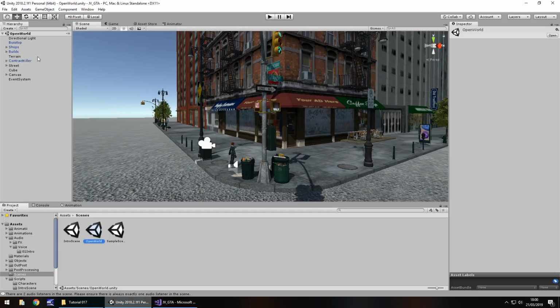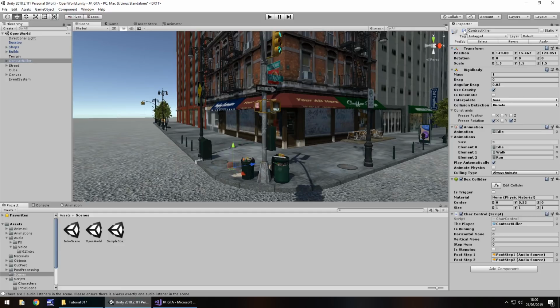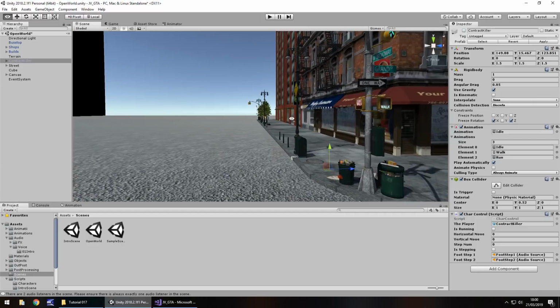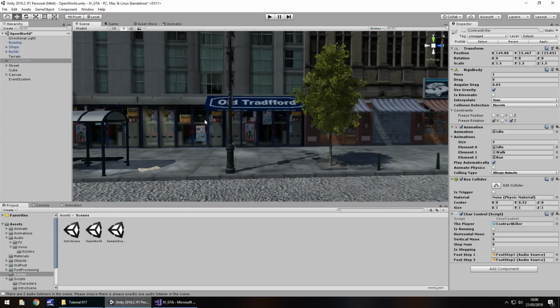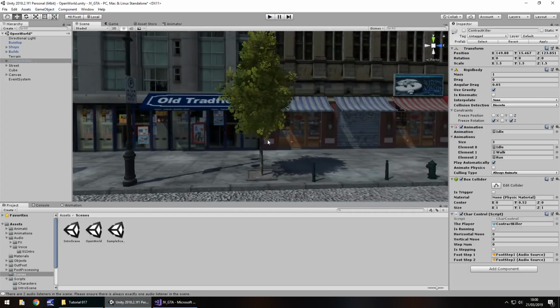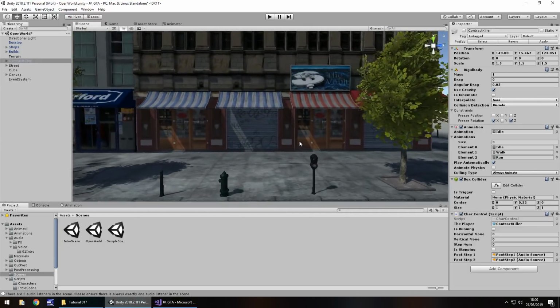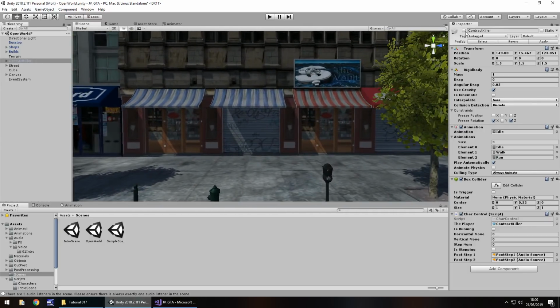To do that, I'm going to take our contract killer and turn him off just for now. And I'm going to add an extra camera somewhere in our scene. Actually, I'm going to turn the contract killer back on, and he's going to start in this position here.